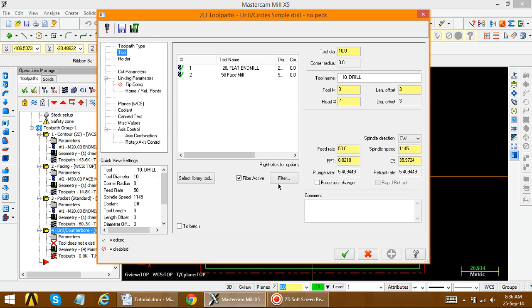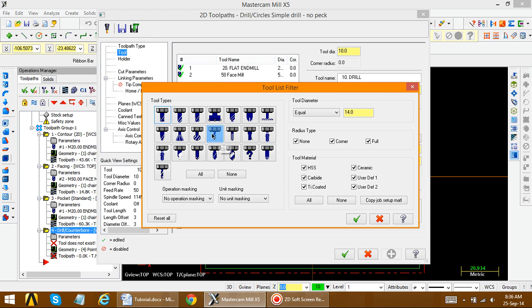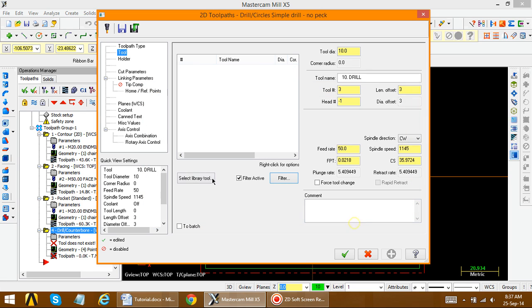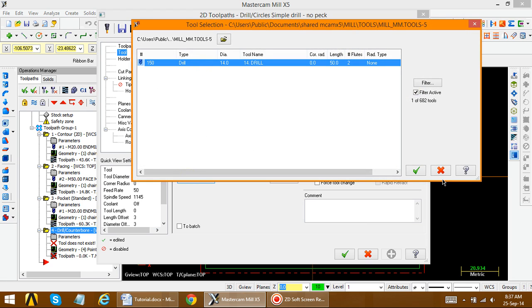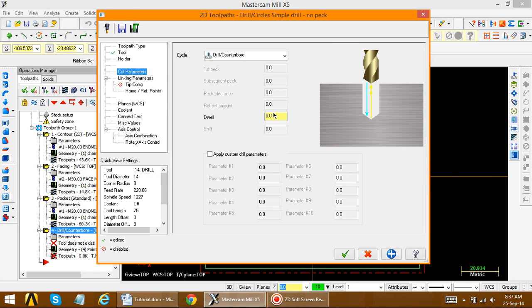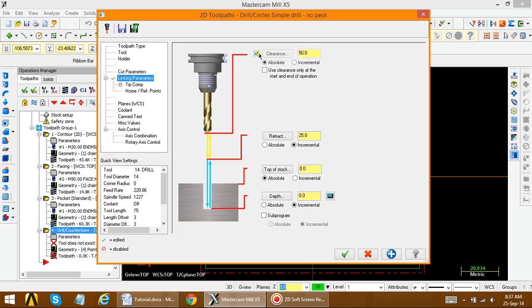So tool, so to filter, drilling of 14, which is taken automatically by the software, that is Mastercam. Okay, either you perform a spot drill or a simple drill. So it depends on you. Suppose we select the simple drill. Okay, now select library tool. The 14 is available here. Okay, now cut parameter. This is the dwell, meaning for how much time this drilling tool should rotate here. This is for finishing. So suppose we give 1 minute, linking parameter should be on 50, retract is 25, absolute, drilling is again minus 30,